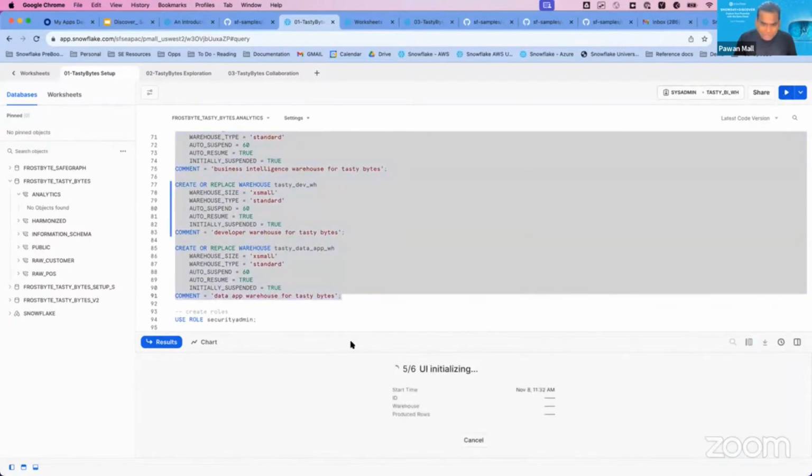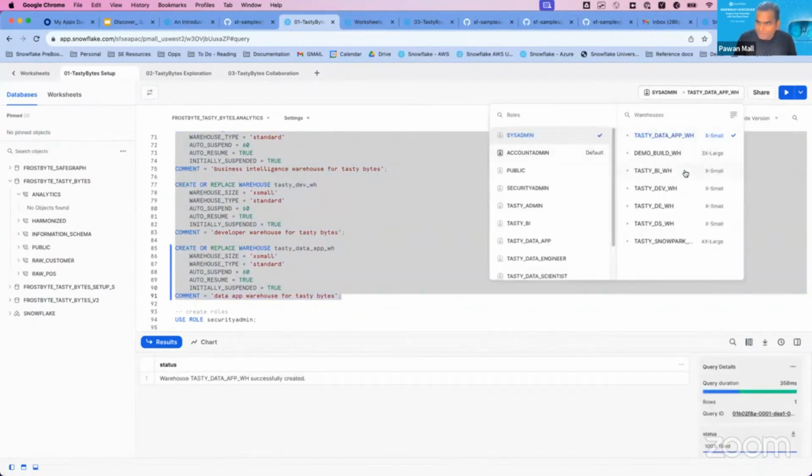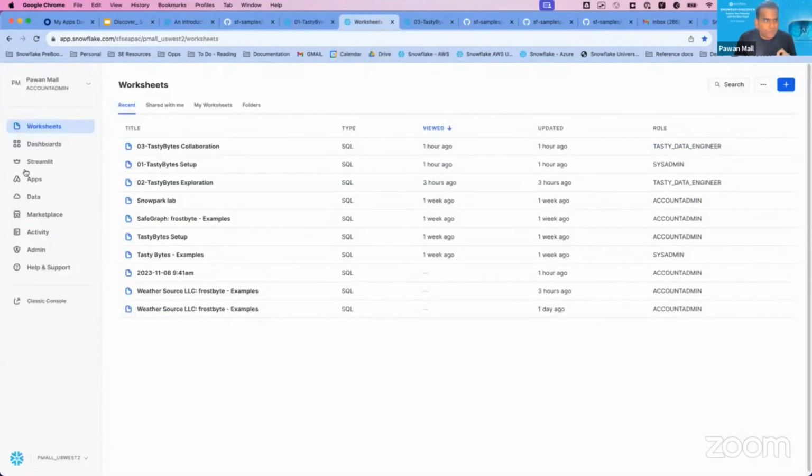Now, if you notice here, all these warehouses are getting created. Now I can see on the right-hand side here, Tasty Bytes BI warehouse, dev warehouse, data engineering warehouse, data science warehouse, all these warehouses were created right away, right? This is one way of doing it. The other way of doing this is you can actually go to